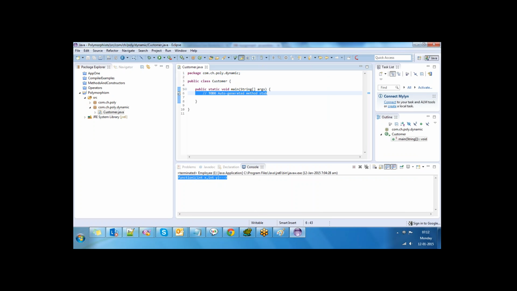Customer is my parent class, which has one method, function1 or function.